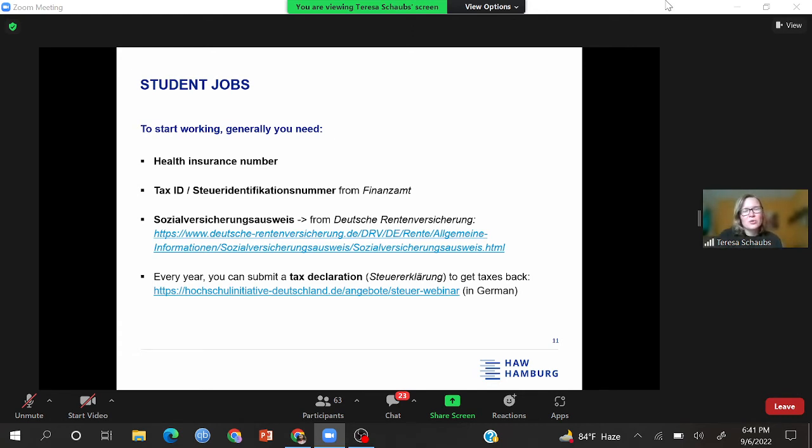Employers are sometimes a little reluctant to hire people who have only a Fiktionsbescheinigung, and there's nothing really we can do about it. But if you're lucky, your employer understands your situation and can still hire you. So you have to sort it out with your employer and ask the immigration office for the Fiktionsbescheinigung. Okay. Today I actually contacted them and they said I should still have a little patience.